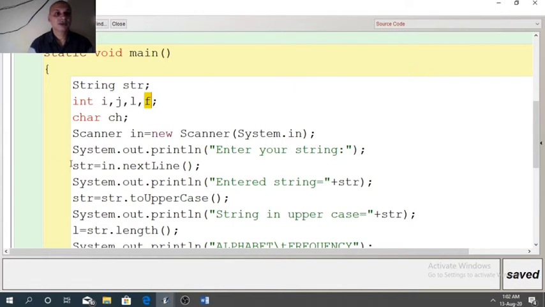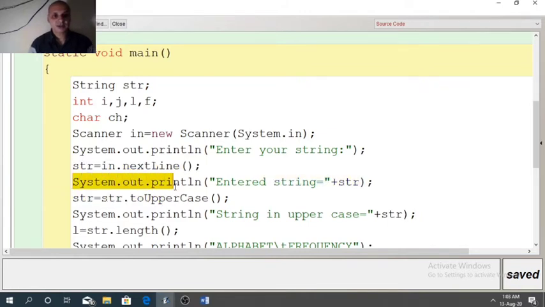So first we need to take the input in variable str. Now this input can be in the form of capital letter or small letter or combination of capital and small letter, because we have not given the clear message. So user can enter in any form.